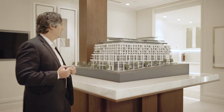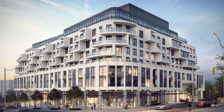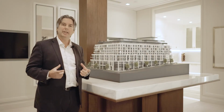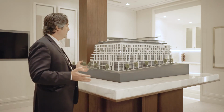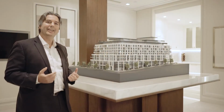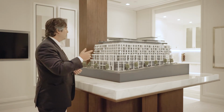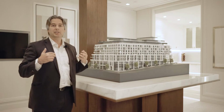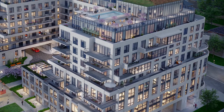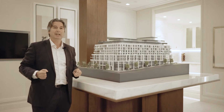The building aesthetic really has a 3-story precast base, which is like a robust podium, with precast frames and terraces back to punch window expression at the upper levels, which is a very nice balance between sunlight and privacy. And what it allows for above the 7th floor is expansive wraparound terraces on these upper levels that are completely open to sky. And effectively, those end up becoming like an extension of the units that can be fully furnished and provide amazing